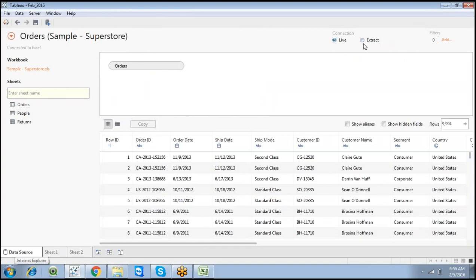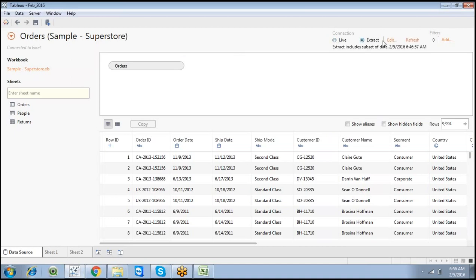Never go straight away with an extract. Just remember, extract gives a better performance, but never go straight away with the extract connection, so it burdens the server side. We are going to store some part of the data on the server. So work with a live connection. If that live connection degrades the performance, you can go with an extract connection, right?